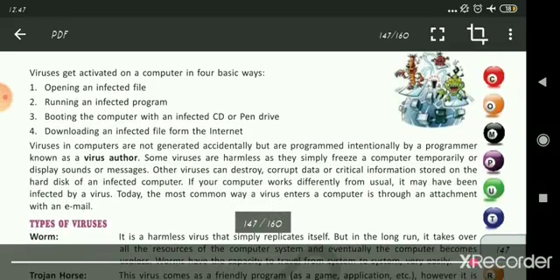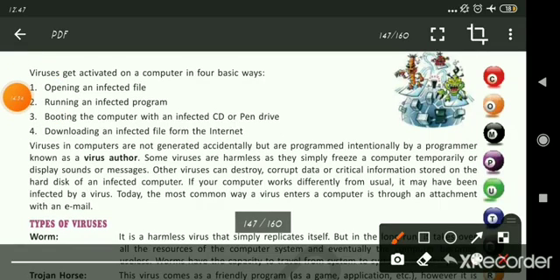A virus gets activated on a computer in 4 basic ways. What are the 4 basic ways? Opening an infected file. Again, there is a file which is infected and you don't know. You have just opened it, so your computer gets affected. Running an infected program.